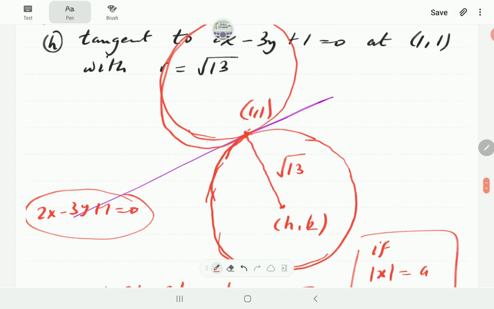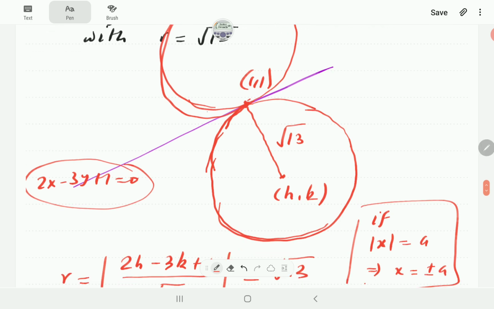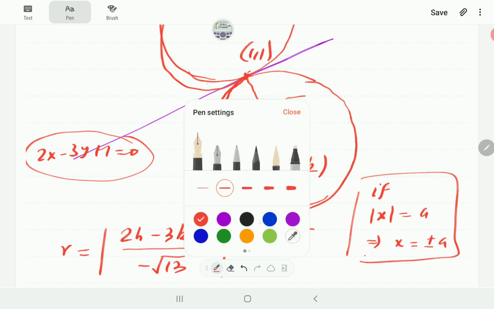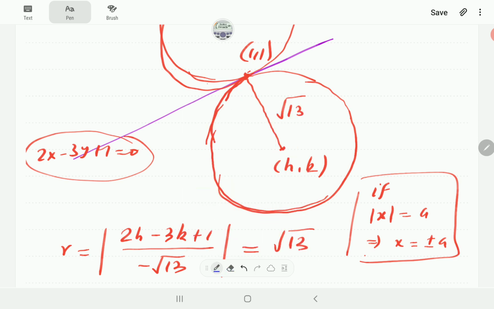So then we need another equation. The other equation we can derive from the gradient of this radius there, right? So the gradient of the straight line of the tangent here, let me call it mt, is going to be 2/3. Which means the gradient of this radius here is going to be the negative reciprocal of that, so it's going to be